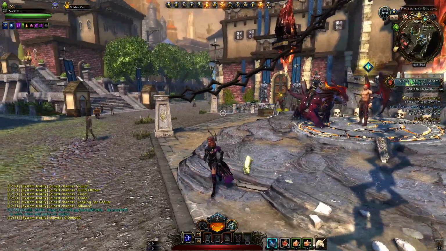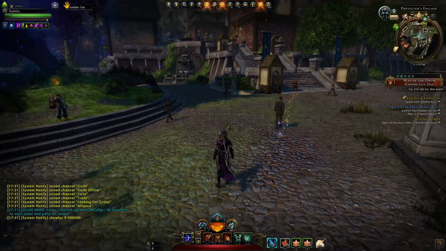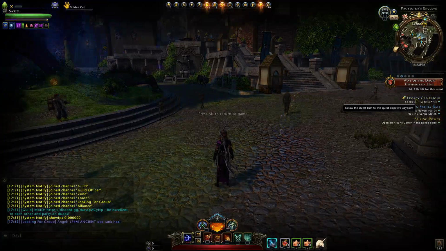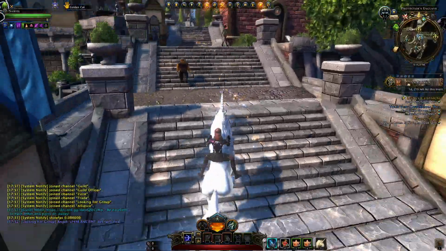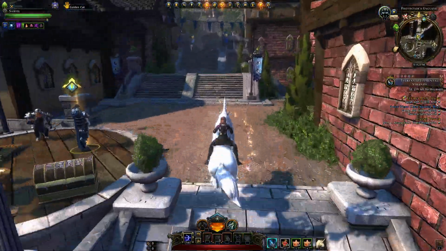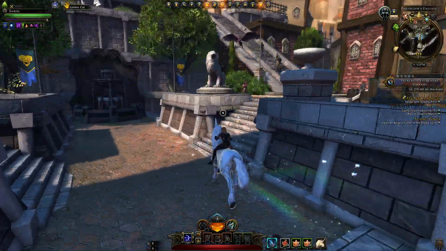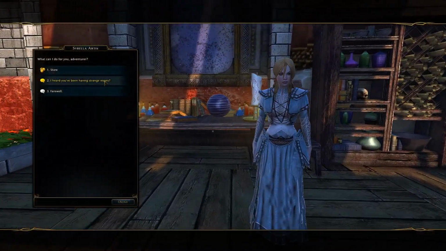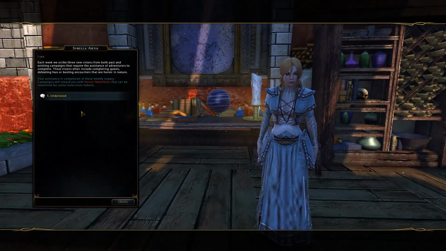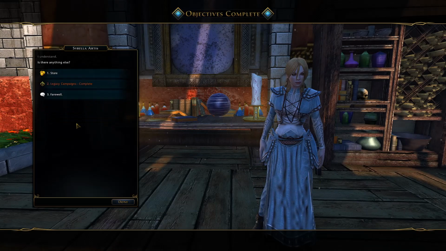So in order to get started, once you hit level 20, you should obtain a quest called Legacy Campaigns right here. And this is telling us to speak to Sabella Artis. And you just have to follow the sparkly line and you'll head up through Protector's Enclave, right up here where she stands ready to speak to you. So you go ahead, you speak to her, she'll discuss what all this means,